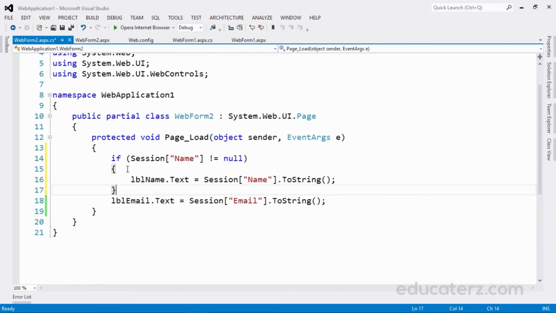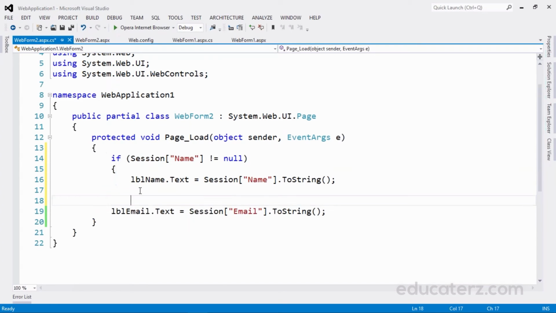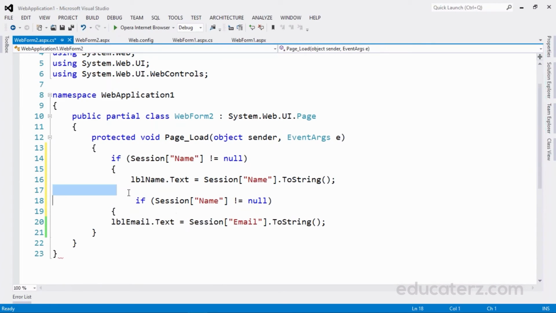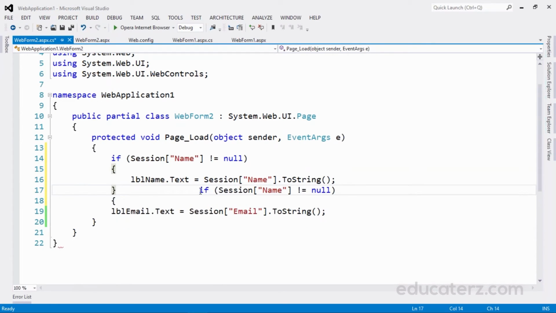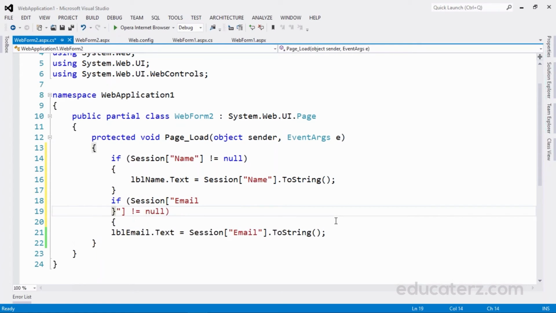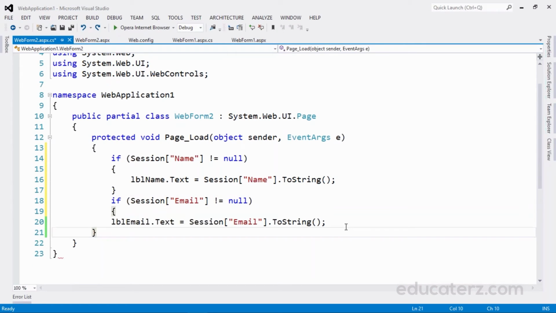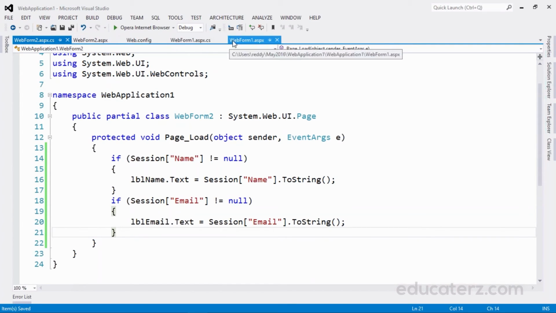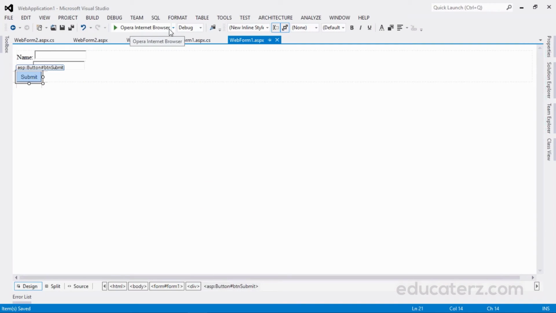Otherwise you will get error messages like the one we got, null reference exception. If email, so this will avoid that error message. Now we don't get that error message.